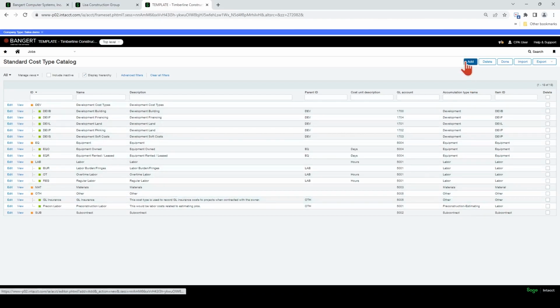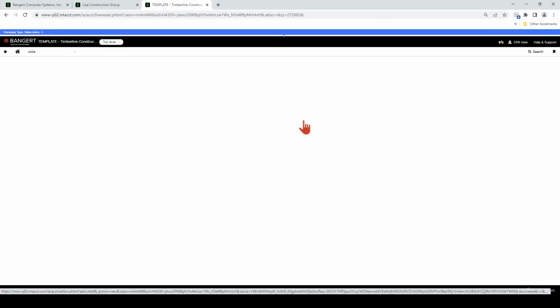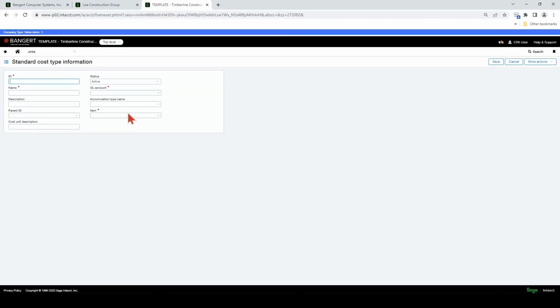So we're going to come back up here, we're going to hit add, and we're going to call it just exactly the same, pre-construction. Let's do this, pre-con estimating. We're not going to put a parent on it because it's going to be a top level.